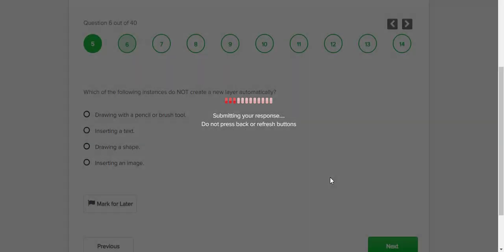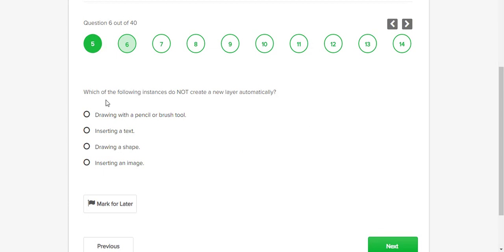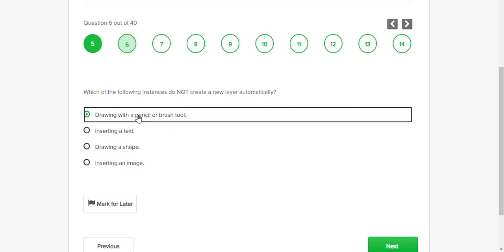Next, which of the following instances do not create a new layer automatically? First of all is drawing with a pencil or brush tool. Yes, this is our right answer. So next,